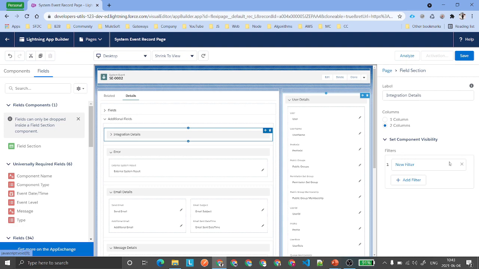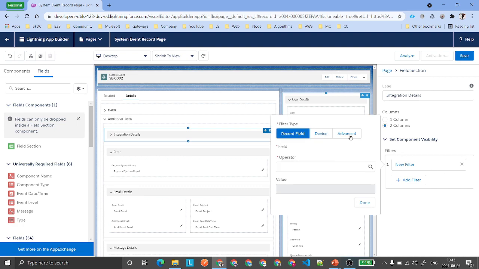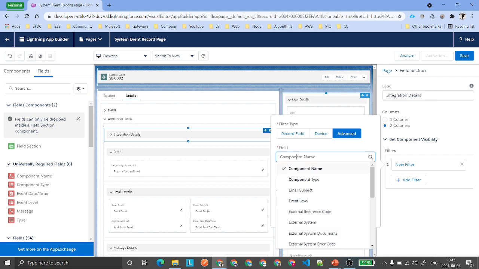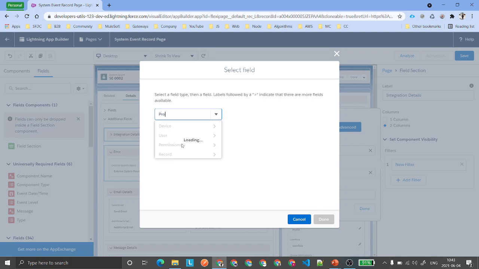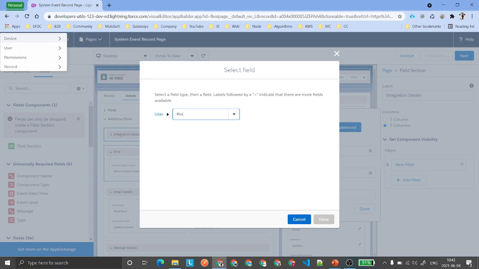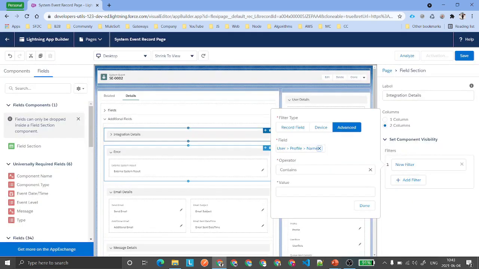What you can do is go there, add filter, go to advanced and select it here. Then select user, and under user go to profile, because we want to display this section only for the system administrator profile. So we'll say user profile equals system administrator.